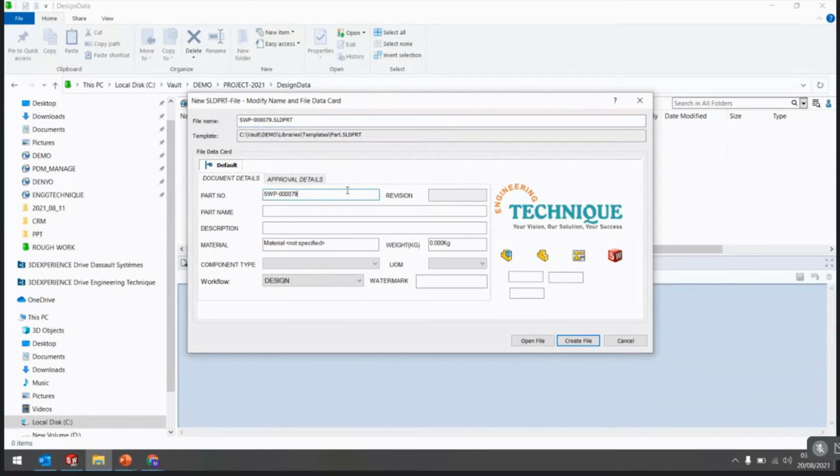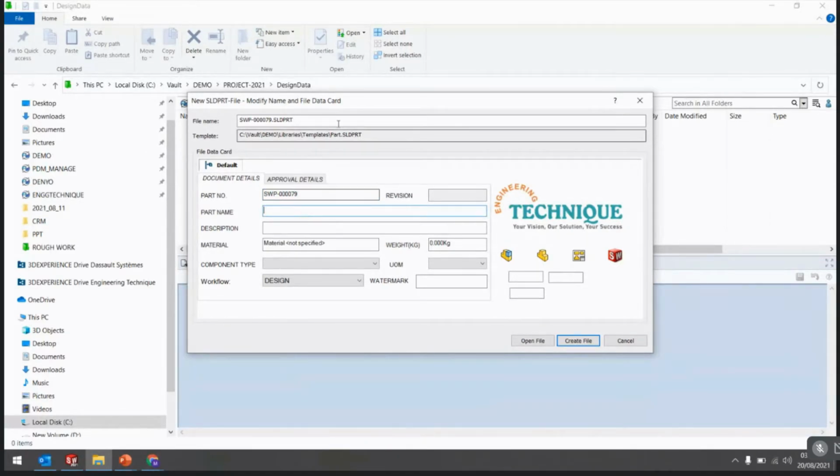So this is also one more benefit. The system never makes a mistake in taking the serial number, right? Even if multiple users create files at the same time, it doesn't matter, SQL smartly handles it, right?